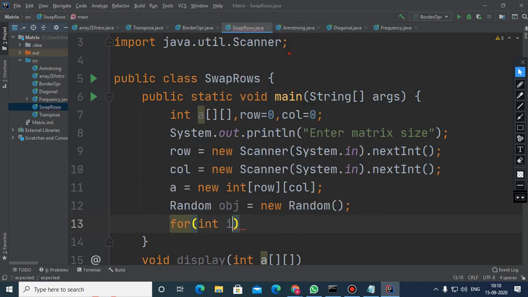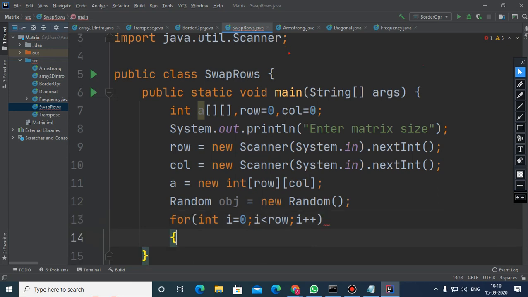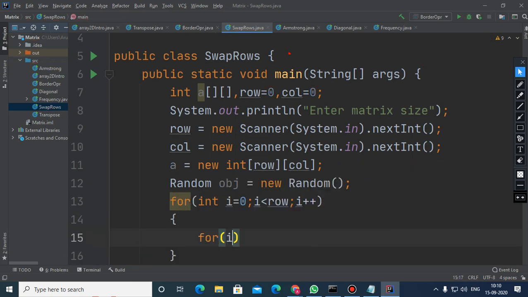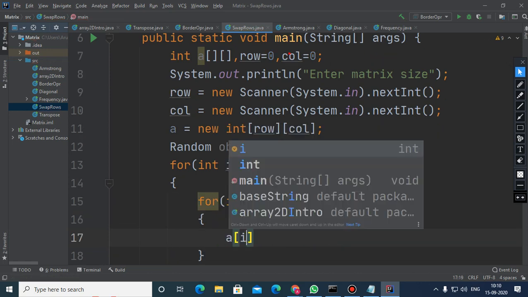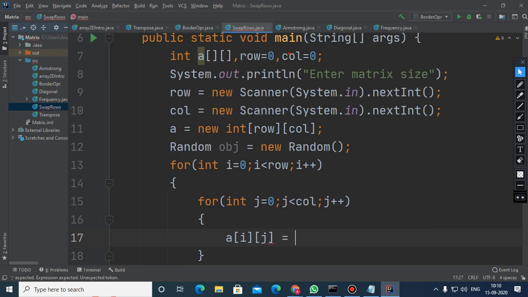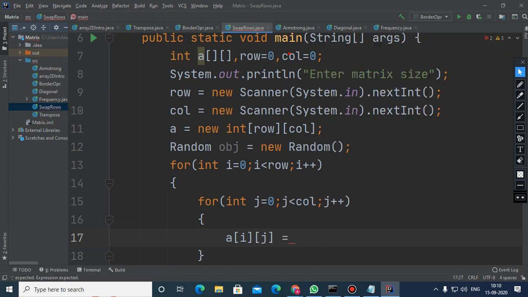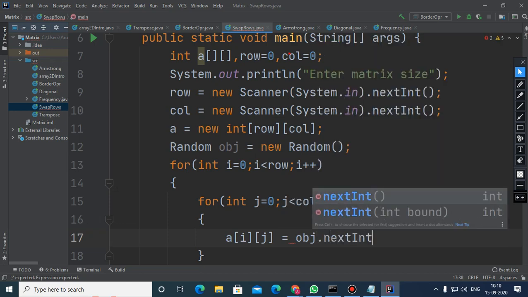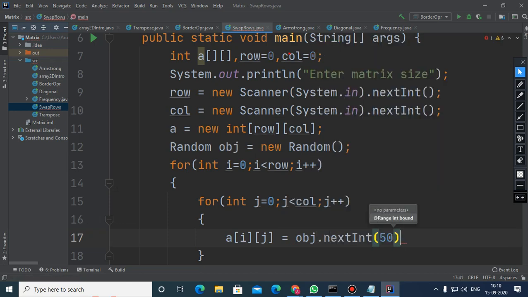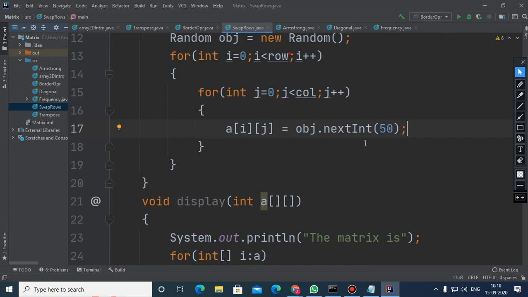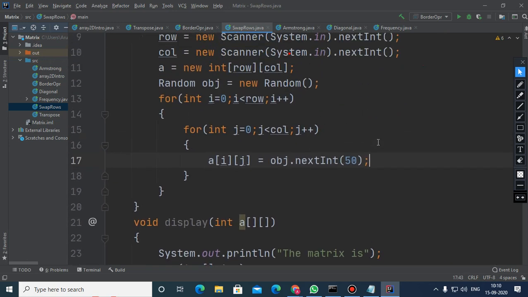So that is from 0 to less than row, and here for int j from 0 till less than column, j plus plus, and here you have to write a[i][j] will be obj.nextInt passing 50. So it will receive the values from 0 to 49.